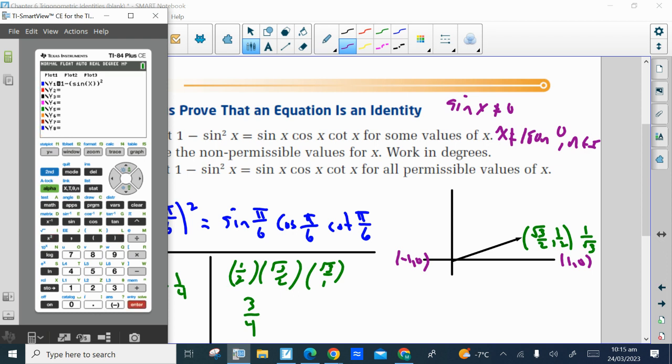And the right side, sine x times cos x times cotan x, which we have a couple options there. We can go 1 divided by tan of x. And actually that,